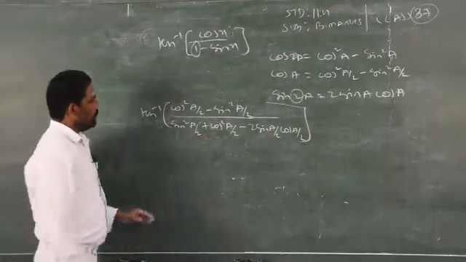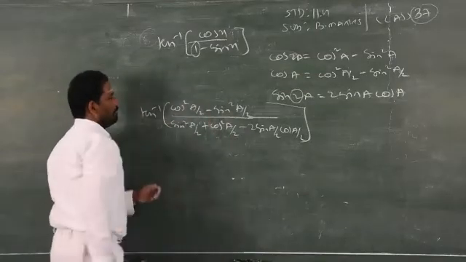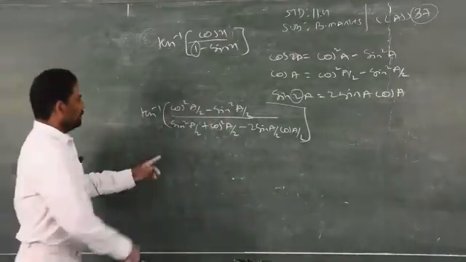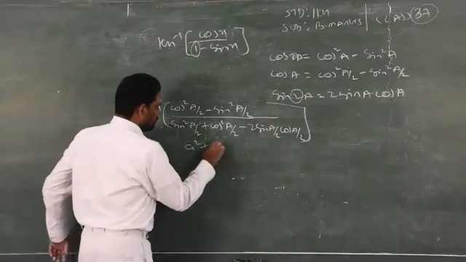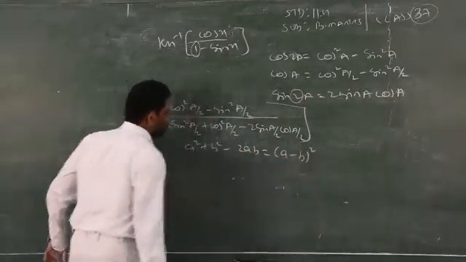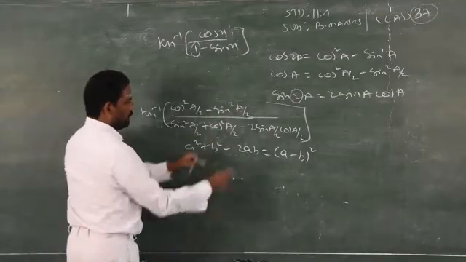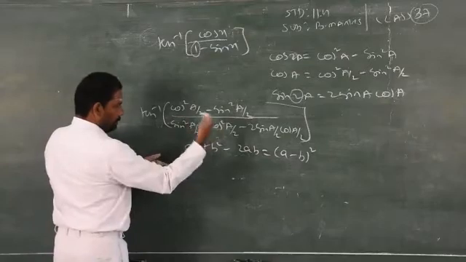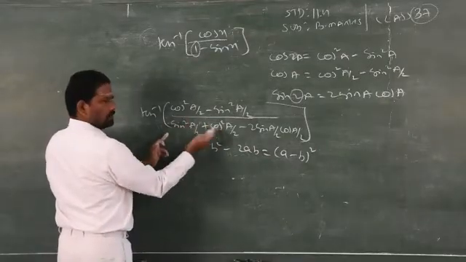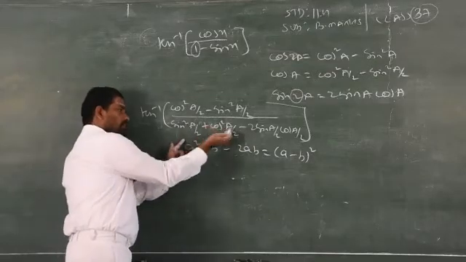The reason is I would like to bring these two down in terms of cos a minus sin a, the whole square. This is in the form of a square plus b square minus 2ab, which will give a minus b the whole square. Depending upon the numerator, I can change cos square a plus sin square a. For my convenience, I can interchange plus terms. I cannot change the negative terms. Here they are plus terms, so you can interchange these two.